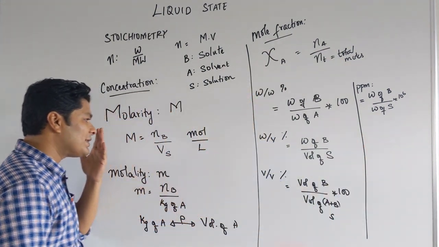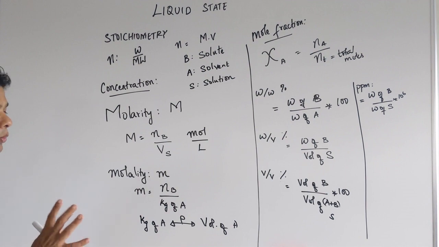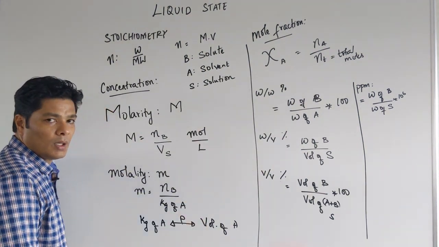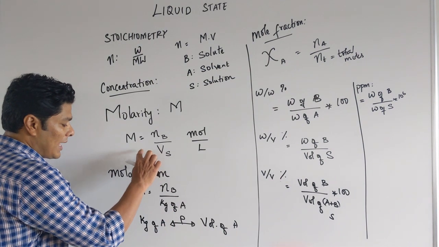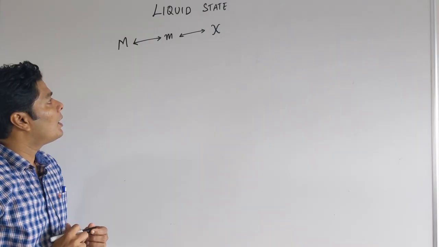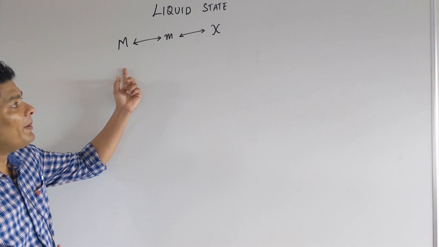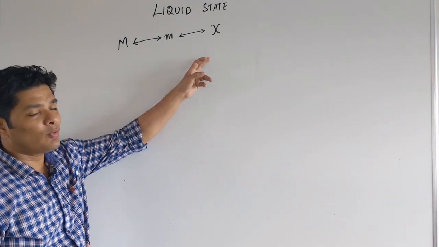So now these are the ways that you can calculate. When you look at it, all of them are easy to do, but what you have to do is be able to convert one to another. That is what is asked most of the time. Particularly molarity, molality and mole fraction can be asked to interconvert. In both JEE and NEET, you may be given one quantity and asked to convert it into another quantity: molarity to molality, molality to mole fraction.